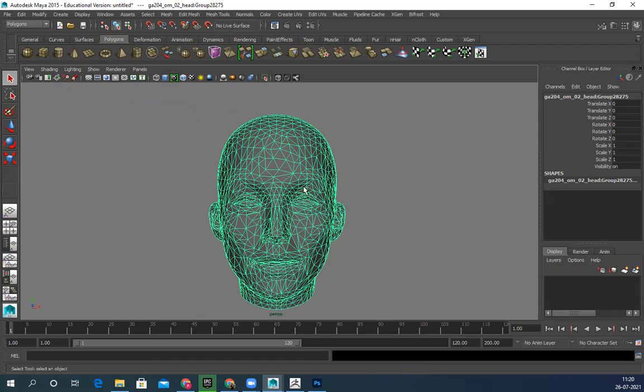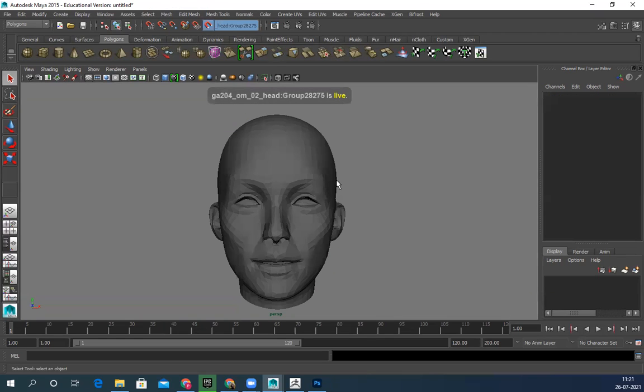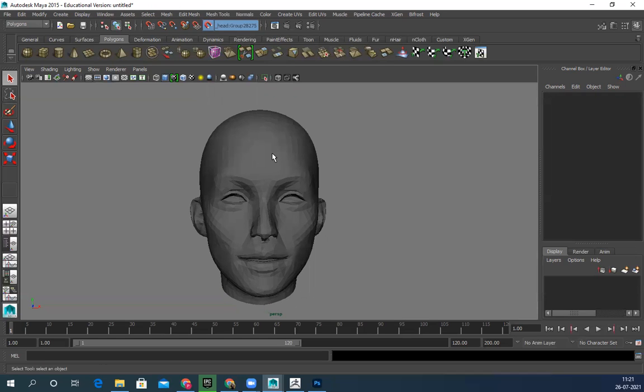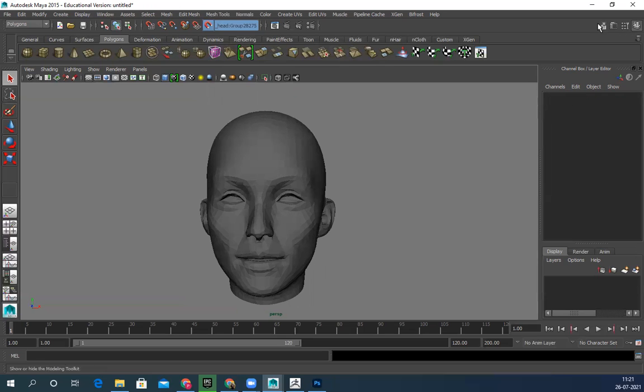Open your decimated model in Maya, drag and drop or import. After that, select the model, and you can see there's a magnet icon that says no live surface. Just click on this. Now this mesh becomes a live surface, so whatever I create will snap onto the surface automatically. If I click, I cannot select the model because it's a live surface; I have to build something on it. Now you can see all these options in the top right corner. The first option is for the modeling toolkit.